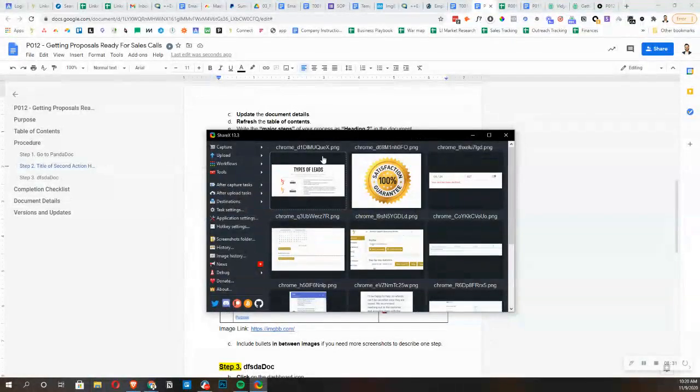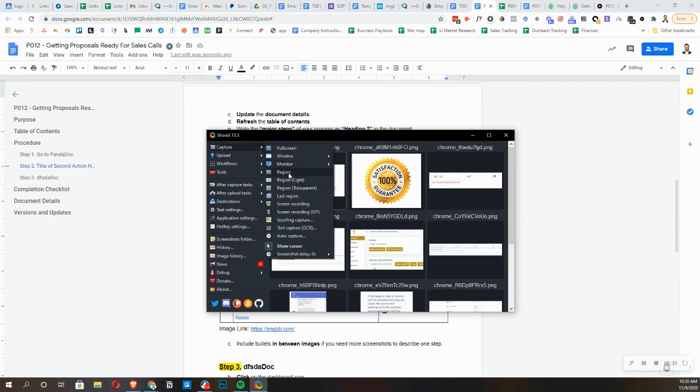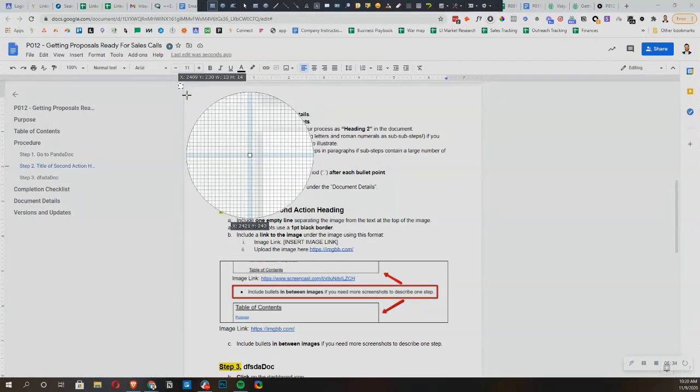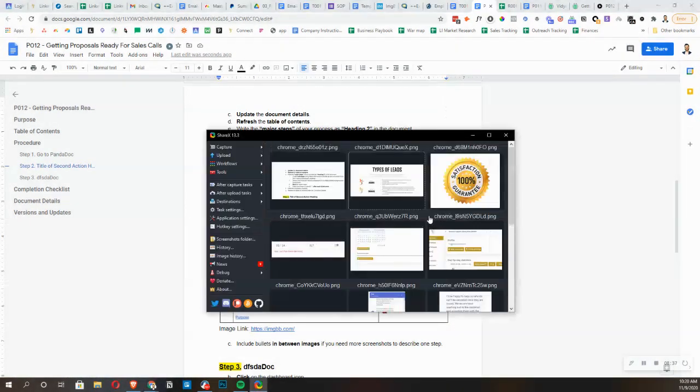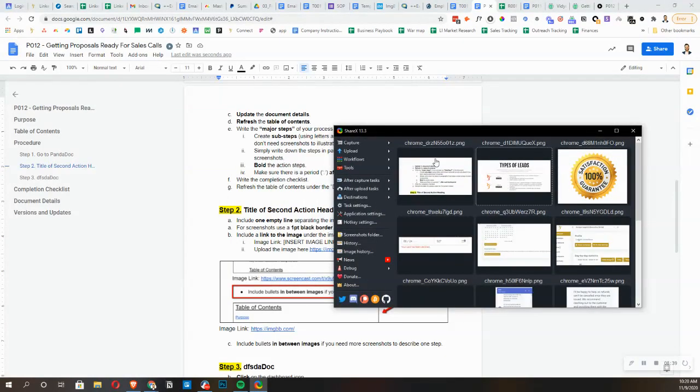Now the images, the way you're going to screenshot is using ShareX. So download ShareX. The way you screenshot is capture region. If I was screenshotting this portion, boom, I have the screenshot here. What you're going to do is you would